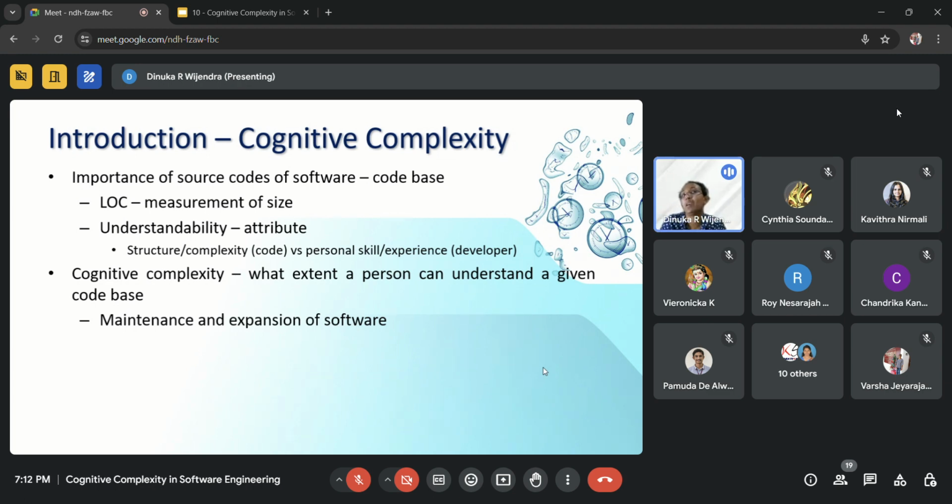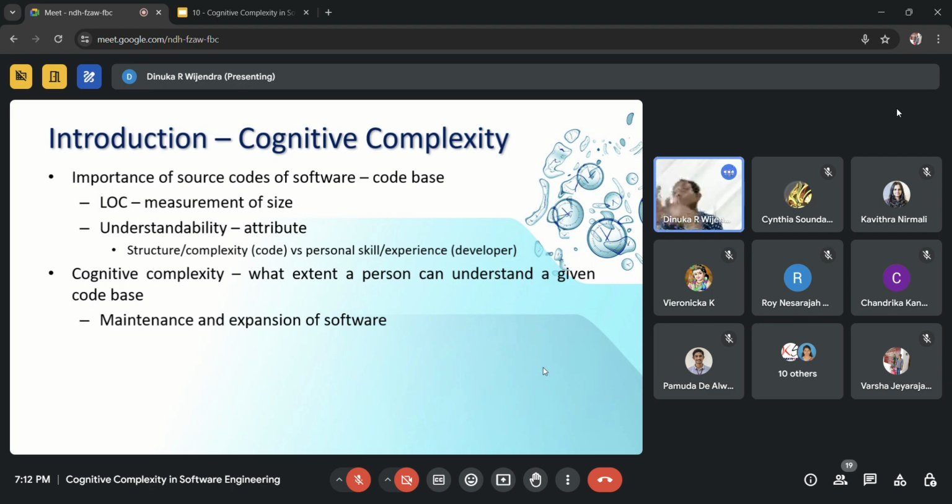We can't say that we can have software without maintenance. Under the software development lifecycle, maintenance is a very significant process. You might be developing a source code, and another person might be modifying the same source code. In order to modify it, prior to that, he or she needs to understand what is in it. Otherwise, how can he or she continue the maintenance or the modification?